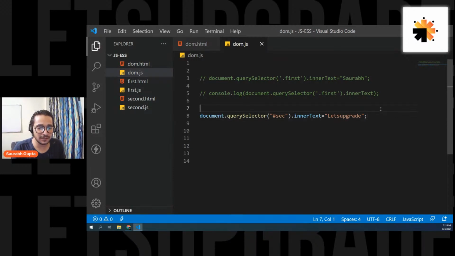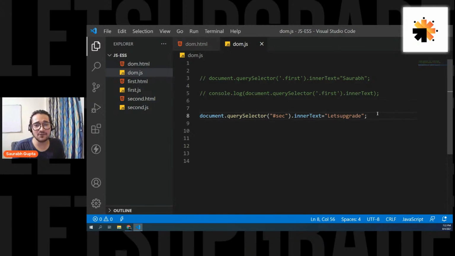Now, what is the difference between getElementById and querySelector? With querySelector you can pass everything. Using just a single function, you can fetch elements using class name, tag name, or ID. But when you use getElementById, you can only fetch elements by ID. I used querySelector to fetch elements using class name, and also using ID. But with getElementById you cannot pass a class or a tag name. Is that clear?